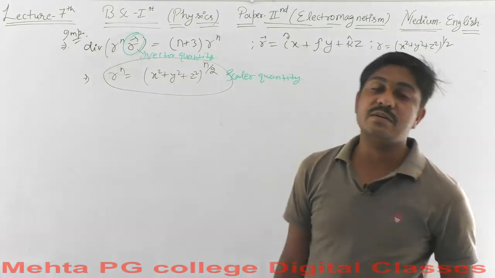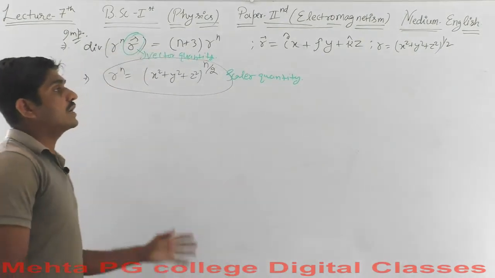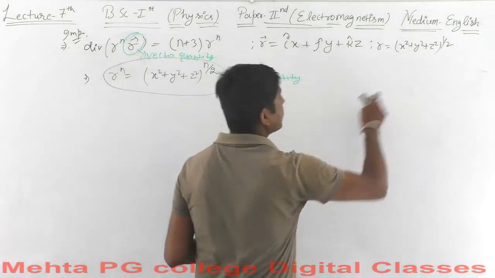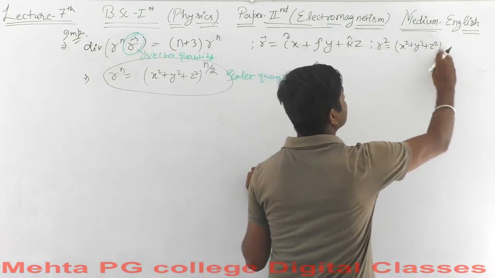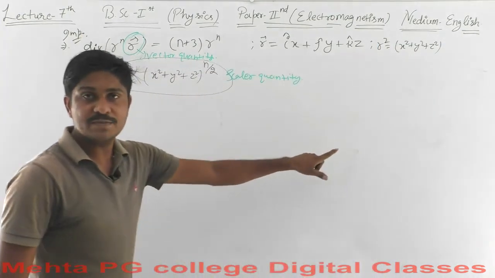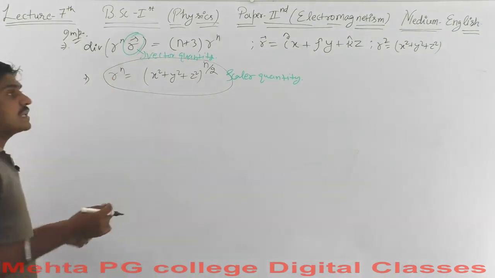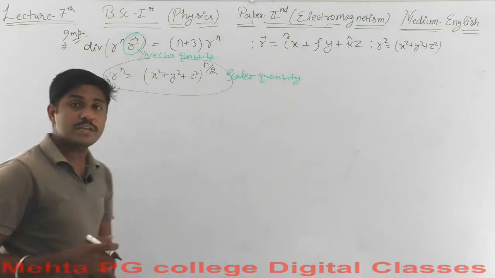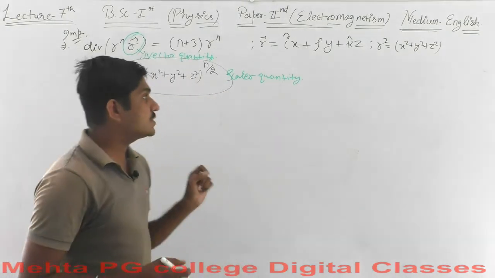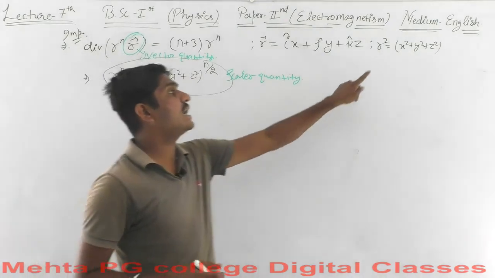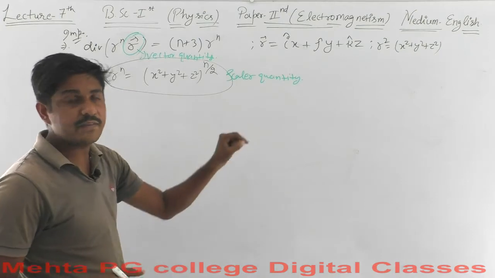To lose all these complications, let me go through here that this is the r vector. So what will be the value of r square here? This is the value for r square. For this example, we will calculate all the values for i cap, j cap and k cap only. Those values will be multiplied with r square for the r vector, and for calculating divergence we go through